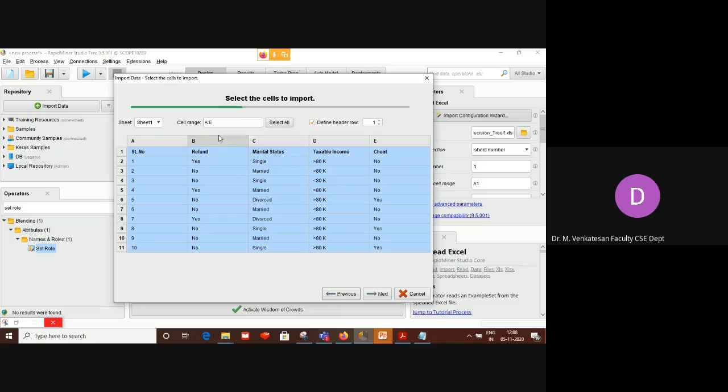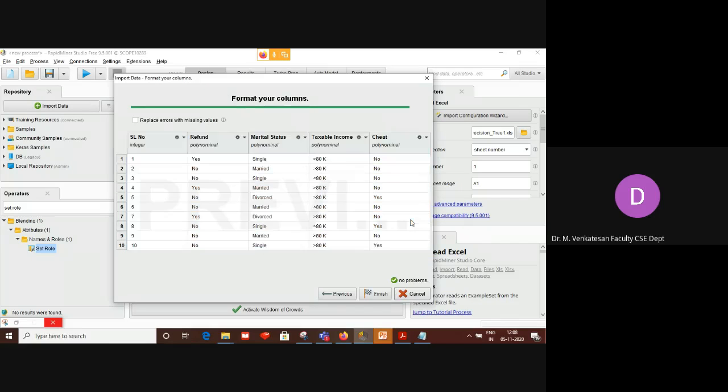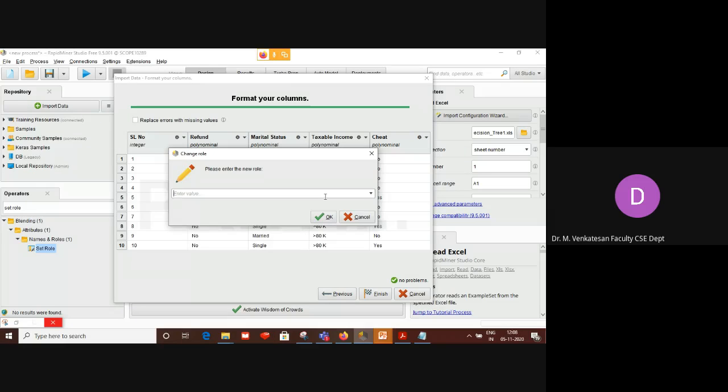Since data are in Excel, the sheet number and the range you have to specify. There is no change here, so you can move to the next one. Format columns. Here only we are going to click this. Which attribute do you want to make the class label? You go to that attribute, click this drop down box, change role, and make it as label.